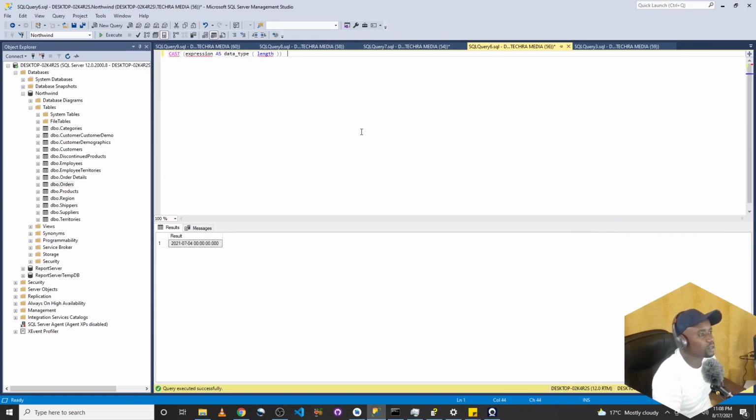Next, let's look at the cast function. The cast function is mainly used for explicitly converting columns or values to other data types, so from one data type to another. So for instance, you can do